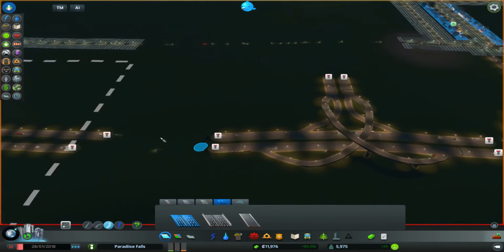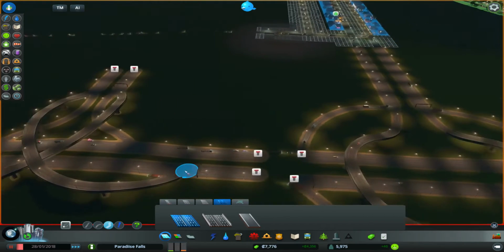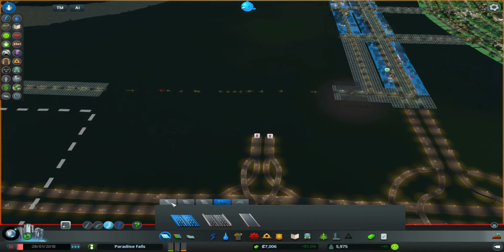So then we grab our highways, and so left is coming there like that, and then coming the other way, it comes up to there like that, and we're going to hook up here to here, and then here to there like that. Phew, so that's good. Then we're going to run our...